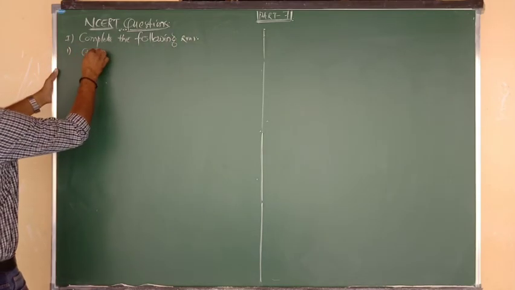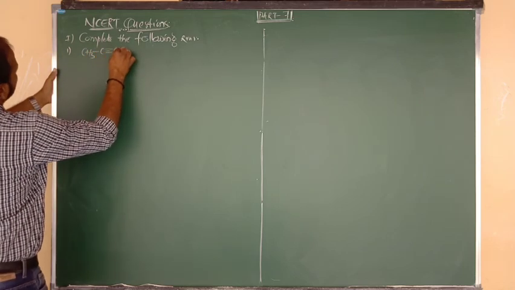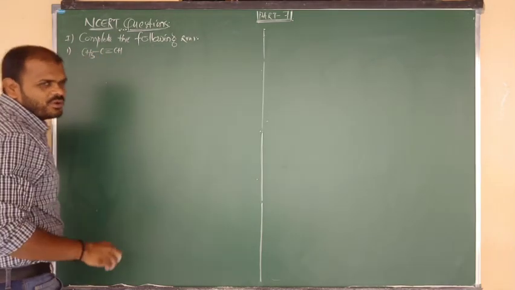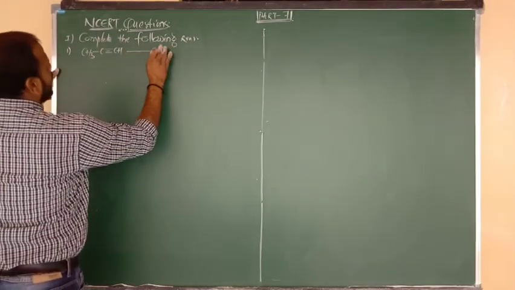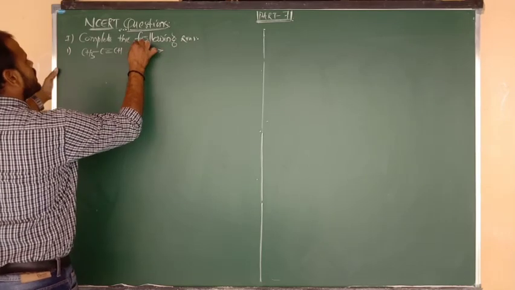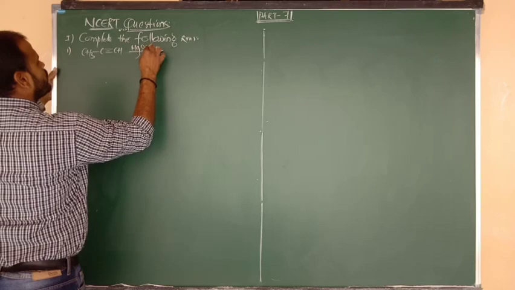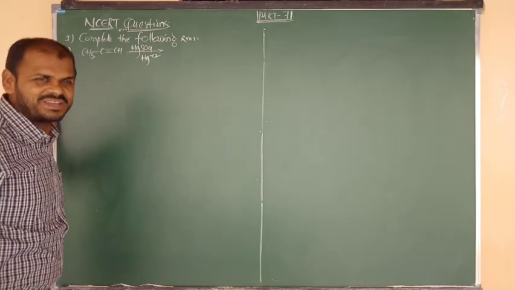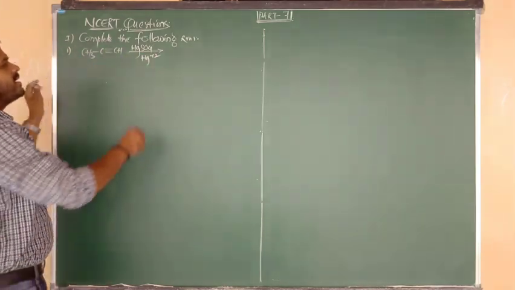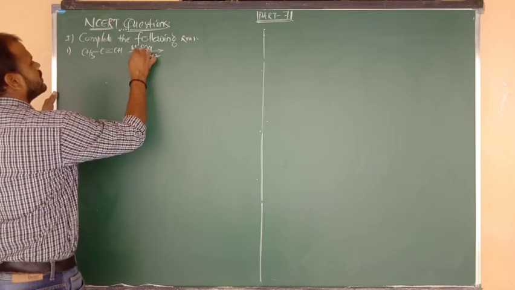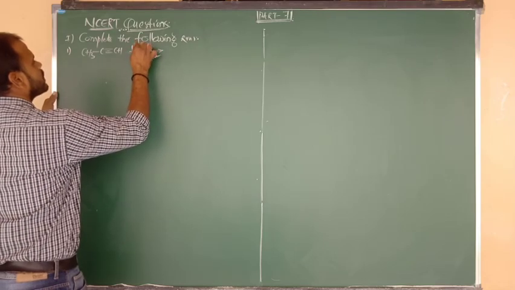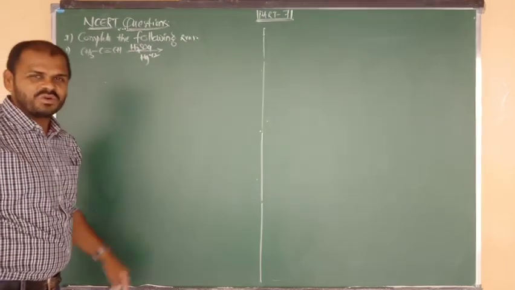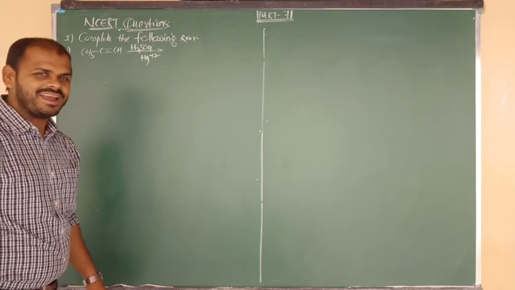Right, in that number 1, first of all I am going to consider CH3 bonded to C triple bond H. So this looks like propyne. Yesterday in class itself I told you that propyne undergoes, and upon the arrow mark they have given HgSO4 with Hg plus 2. Yes, yesterday I told you, Kucherov's reaction. Alkynes upon hydrolysis, in presence of dilute H2SO4 and HgSO4, give the product, which is nothing but aldehyde or ketone.